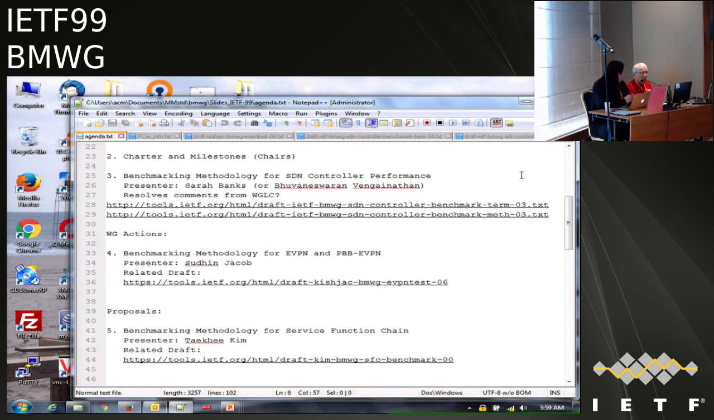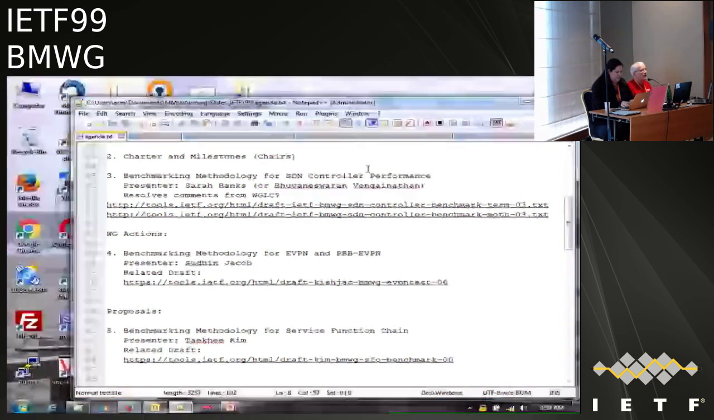Sure. So first off, any comments from the attendees about this SDN controller benchmarking work? Okay. Well, as I mentioned to Sarah before, I have a couple of comments, and one of those is